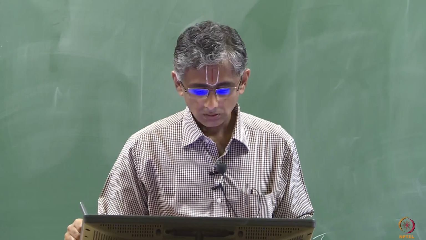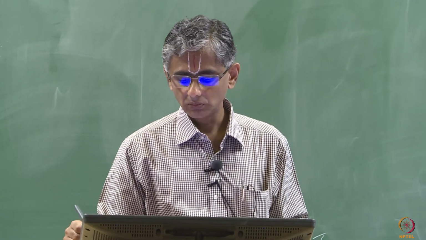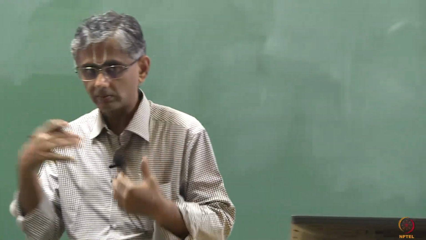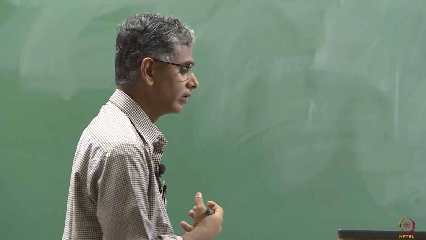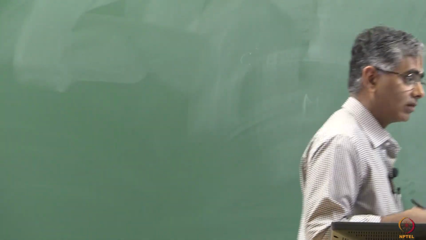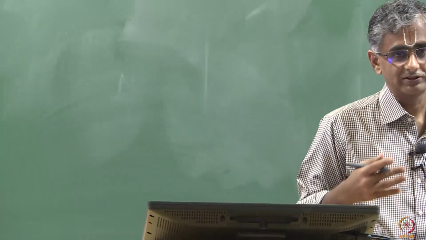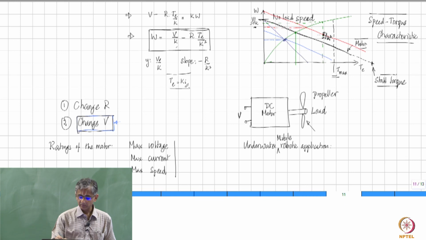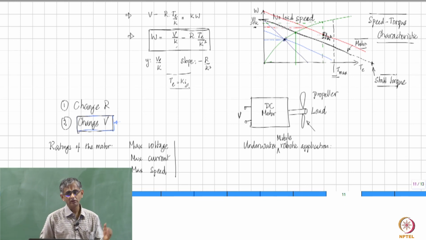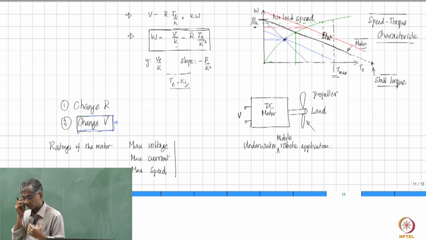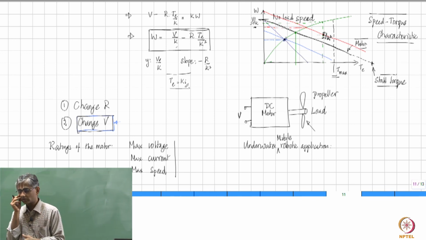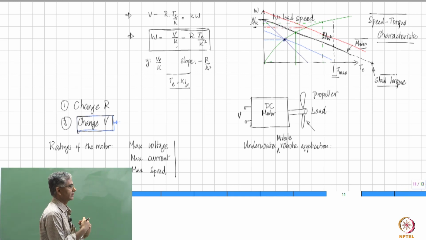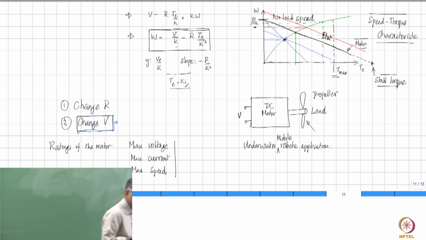In the last class, we saw more about how the DC motor actually works, and when you combine it with some sort of load, how you then determine where the system will operate, at which speed it will run. That is determined by the intersection between the speed versus torque graph of the motor and the speed versus torque graph of the load. Where they intersect, that is where the system together will operate.